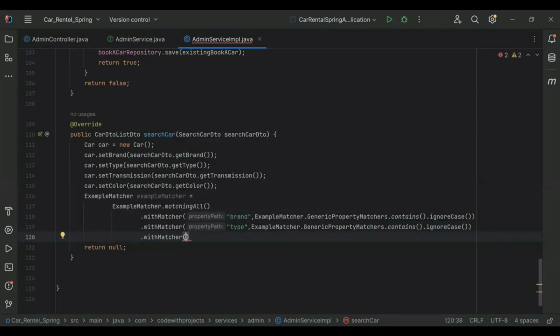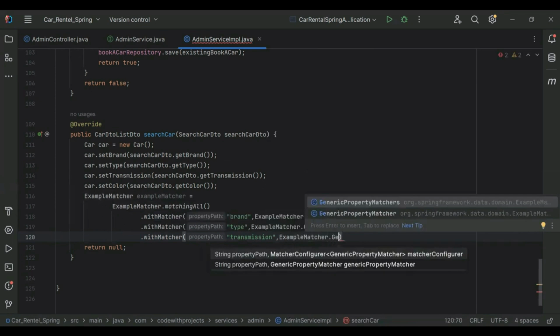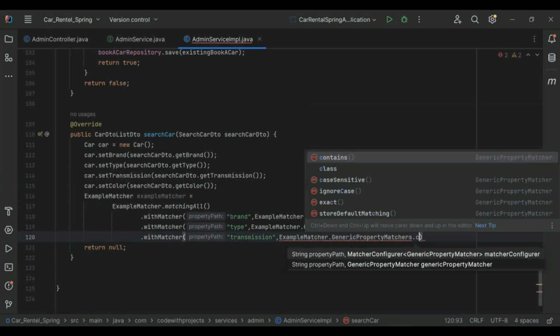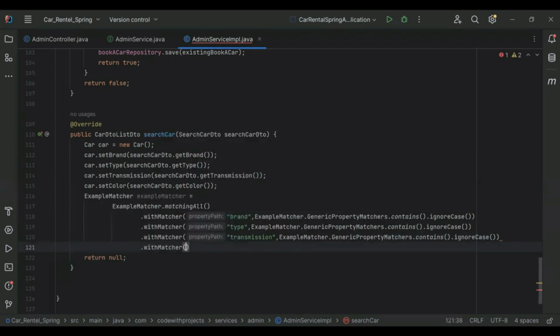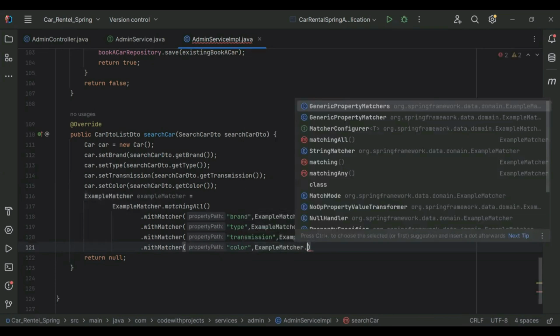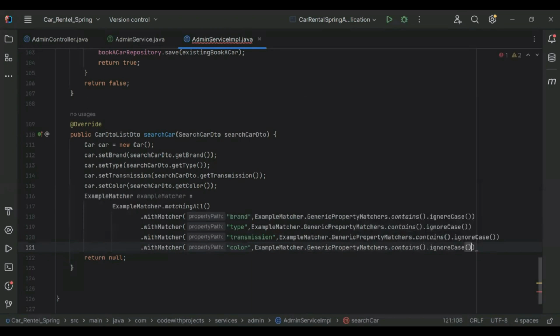Third, that is the transmission, so let me add transmission with ExampleMatcher.GenericPropertyMatchers.contains().ignoreCase(), and the last is the color, again with ExampleMatcher.GenericPropertyMatchers.contains().ignoreCase().